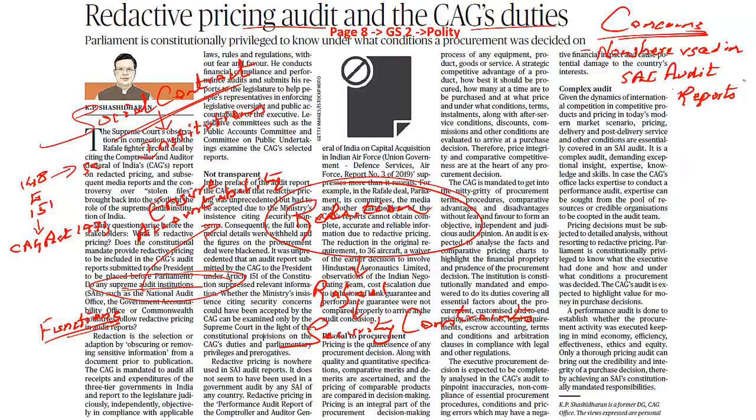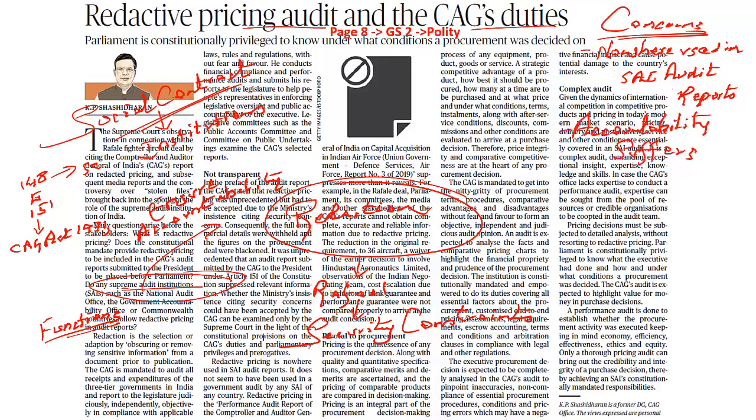The fourth pillar of democracy is the media. The media is the one which showcases what is happening with the government. It is the voice of the people as well. But when the CAG is not able to report to the legislature, there will not be debates in the parliament. As a result, because the legislature is not able to keep the government in check, the media will have no information about it, and ultimately it means that the media is not showcasing what is happening within the parliament, which is the temple of democracy, and ultimately it means corruption increases and accountability suffers.